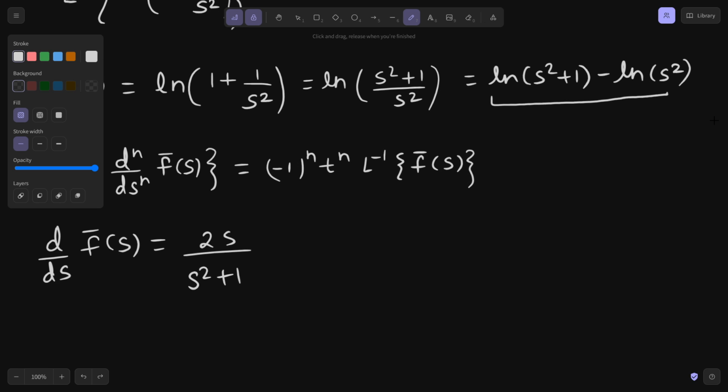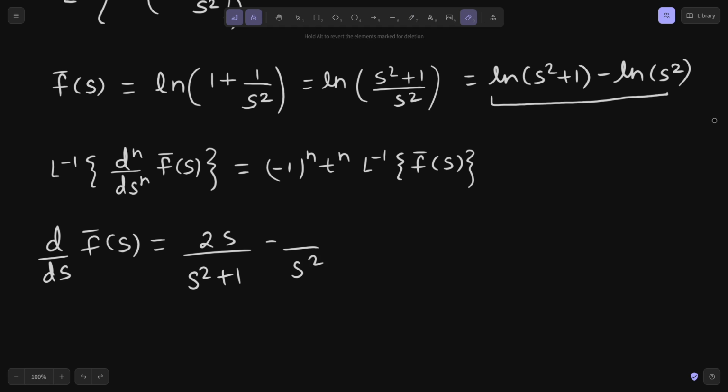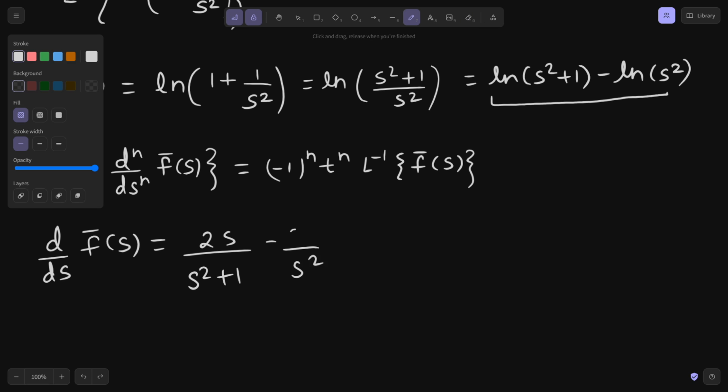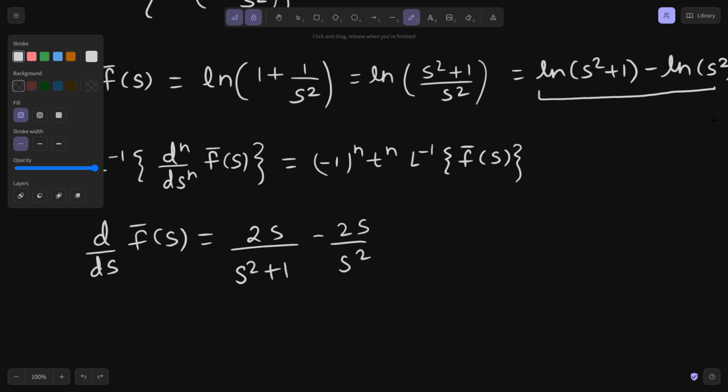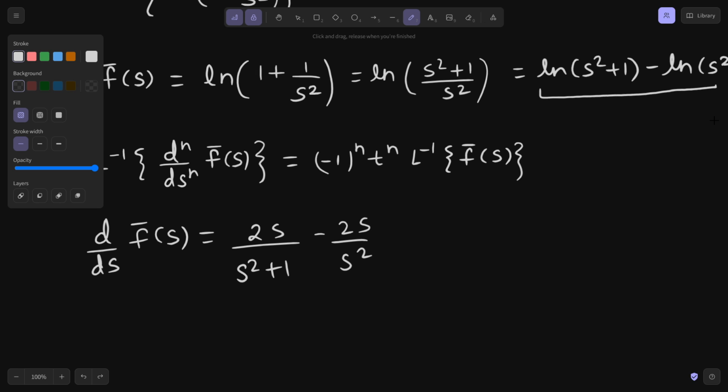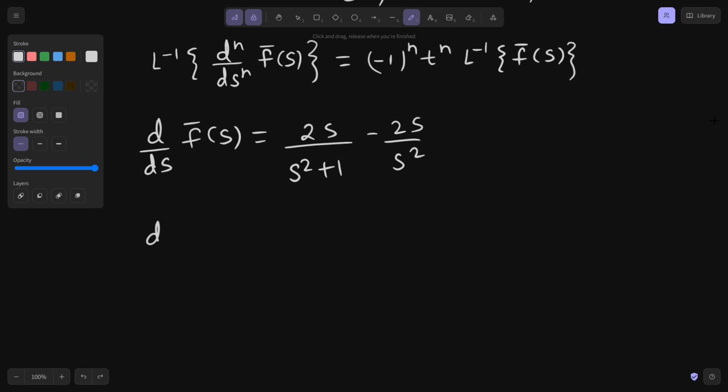Coming to the second term, ln(s²): the derivative of log is 1/s², and the derivative of s² is 2s. Fine. Now 2s can be taken common from both the terms, and let's simplify it further. So this is d/ds of f bar(s) equals to,